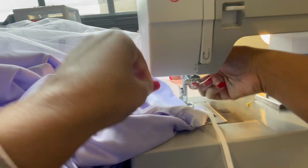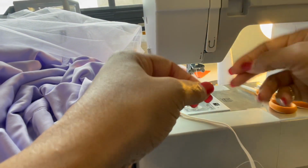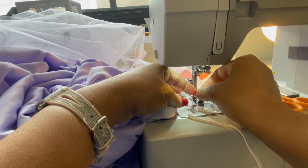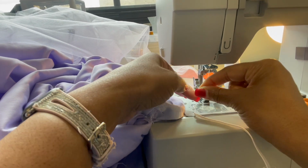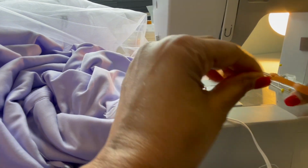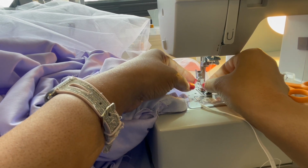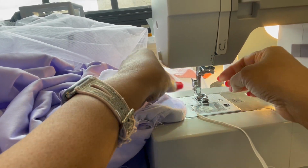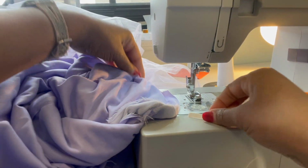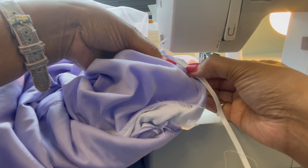Oh, looks like my thread came out, so I need to rethread. All the behind the scenes things that happen. All right, so make sure when you thread, pull your thread out a good length so that doesn't happen to you. All right, so again, I'm going to place my